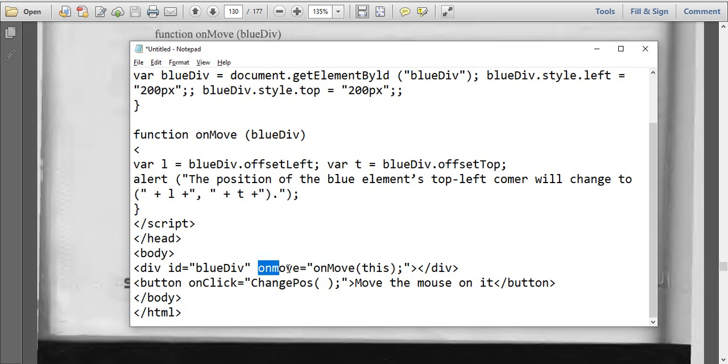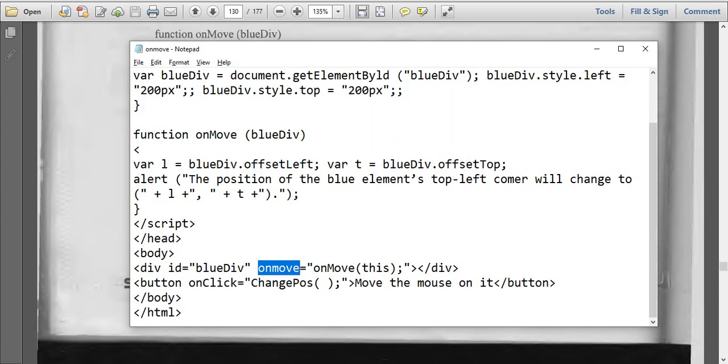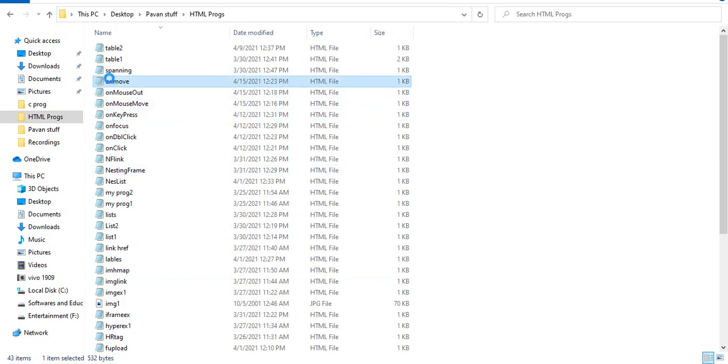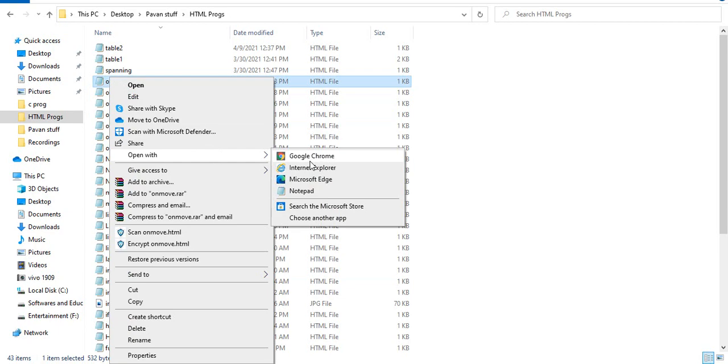I'll save the program with this name, on move. Control C, file, save, on move .html. Now check the program and try to execute it. Move the mouse on it.